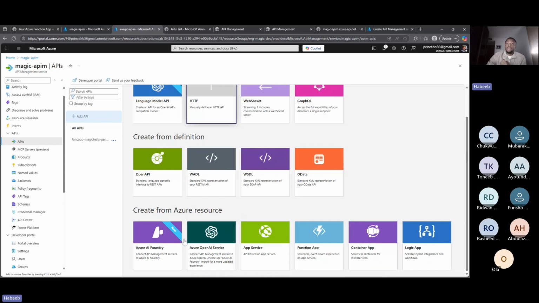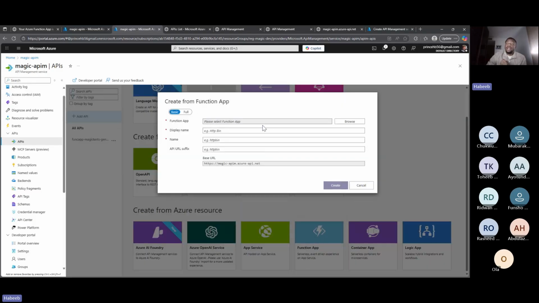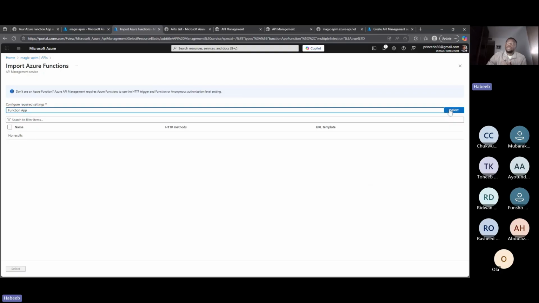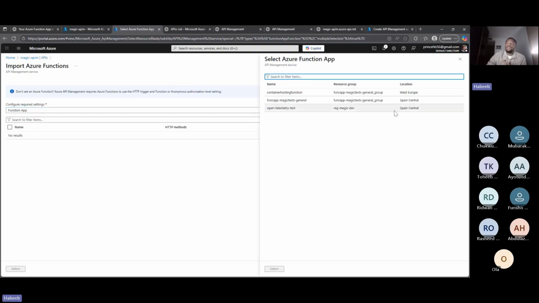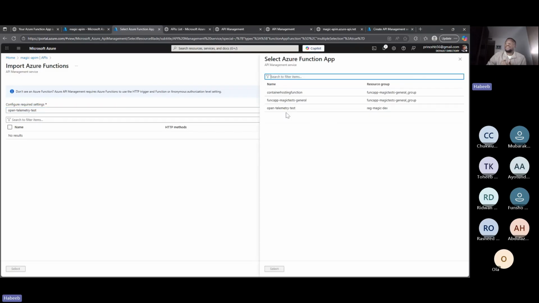So in my case, when I wanted to import this one, I just clicked on function app. And I like the fact that it doesn't ask me to put the URL of the function app or the name or whatever. It says I can browse. And when I browse, I can see all my Azure functions. The first one I did was this one, right? So I click on this one, for example, or open telemetry test. It didn't even find any other functions here. But if I click on this one,